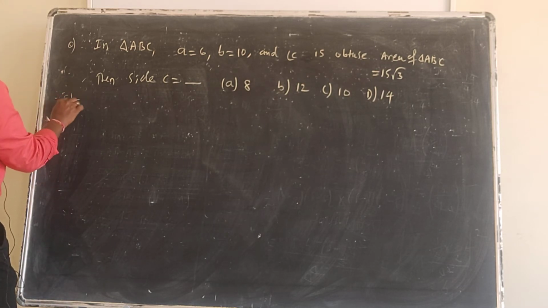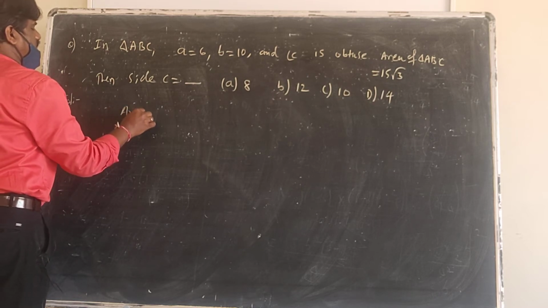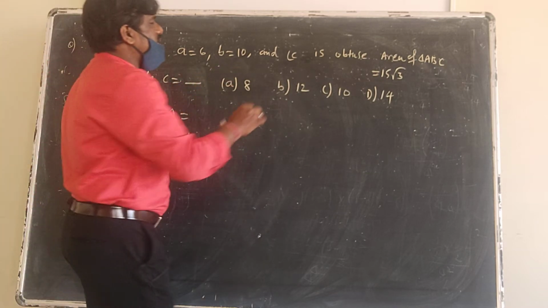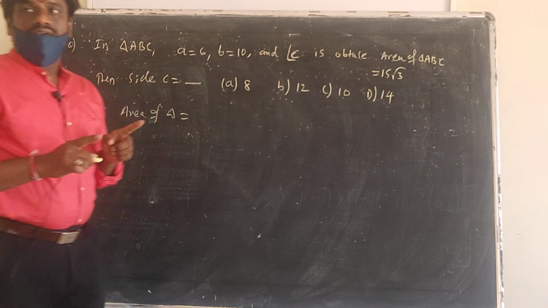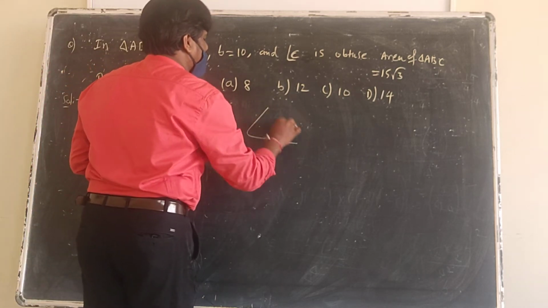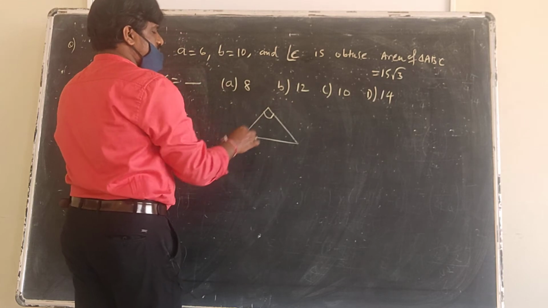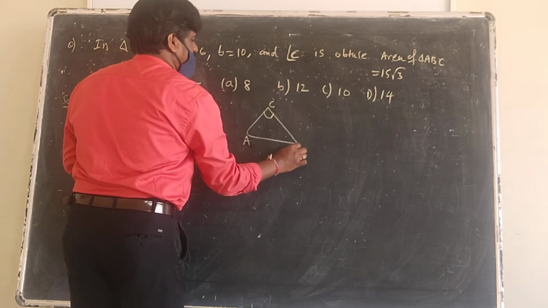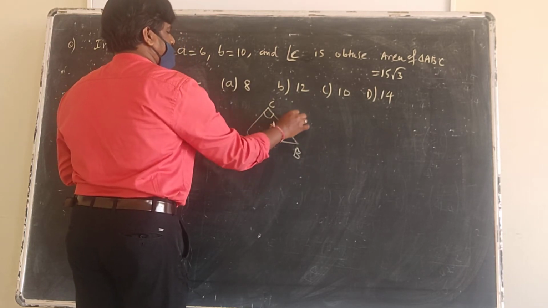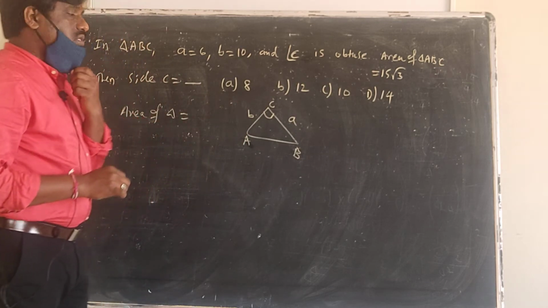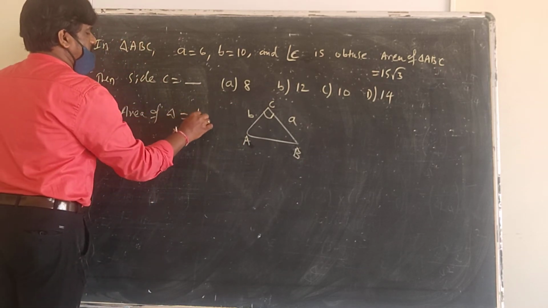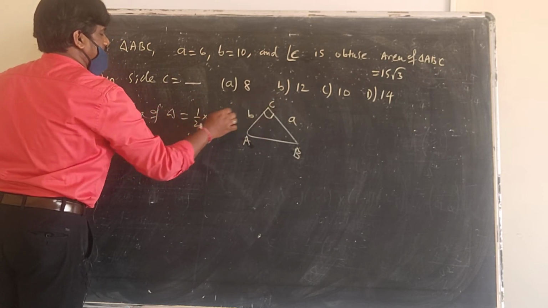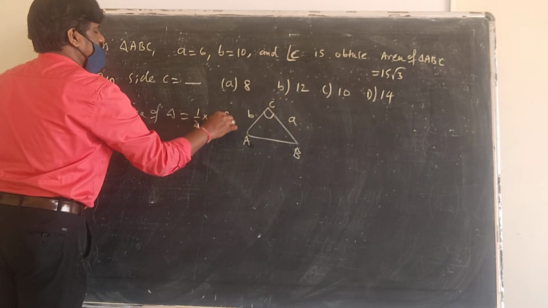See here, what is the area of the triangle formula? The area of a triangle, denoted by delta, is equal to half into C. Here we are discussing angle C. Listen to me, whenever they are discussing angle C, suppose this is C, then this is A and B, capital A and capital B. Then these sides are small a and small b. So the area of the triangle will be half into these two sides into the sine of the angle. Here this angle is C, so a into b into sine C.